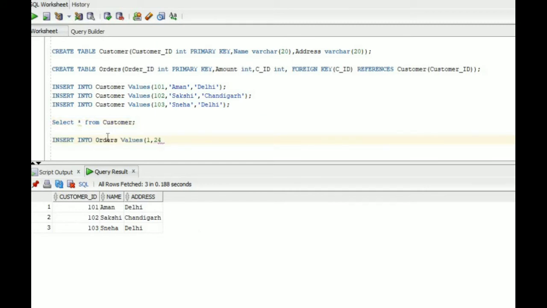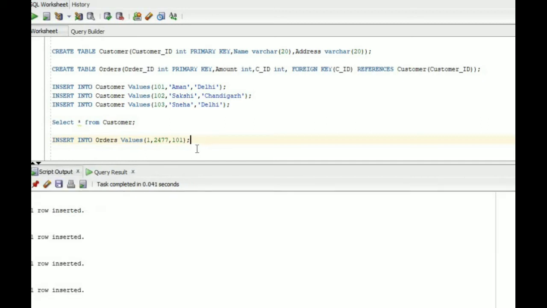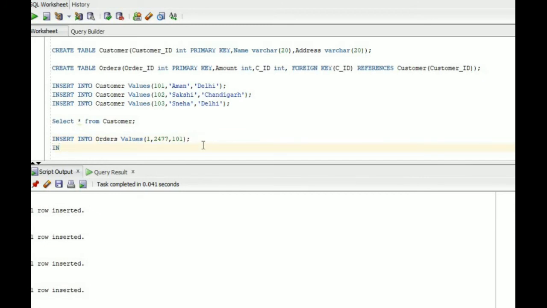Now I am inserting a row in the orders table. Here one is the order ID and 2477 is the amount, and you can insert a value in CID if it is available in customer ID in the customer table. You can see 101 is available in the parent table, so only then you can insert it in the child table. Now we will run this. You can see one row inserted. In the same way, we will insert two more rows.